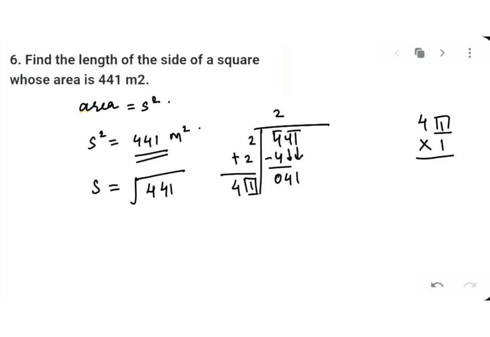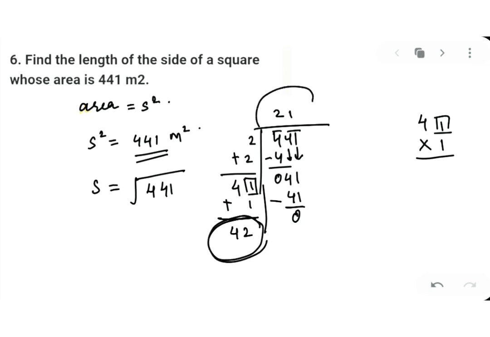So naturally, we will multiply 41 into 1. So that will be 41. So you got the remainder 0. And on your left hand side, 41 you have multiplied with 1, so I will add 1. So that will be 42. Always remember, on your left hand side the 42 which you have got should be double of your quotient. That means your answer is correct. Clear with this? So my answer here is 21. So each side is what? It is 21.